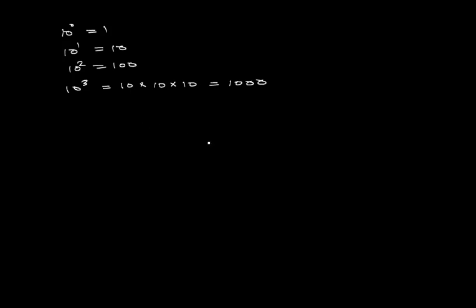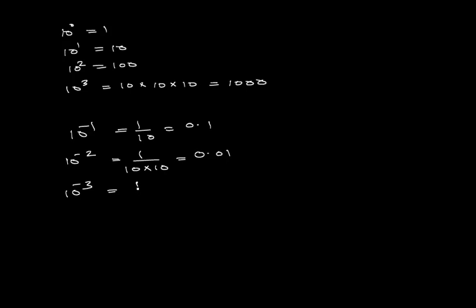And also to express small quantities, we represent them in powers of 10 like this. 10 raised to minus 1 is equal to 1 by 10 equal to 0.1, and 10 raised to minus 2 is equal to 1 by 10 into 10 is equal to 0.01, then 10 raised to minus 3 is equal to 1 by 10 into 10 into 10 is equal to